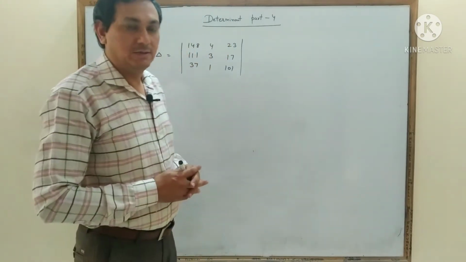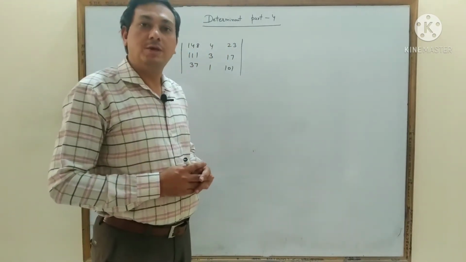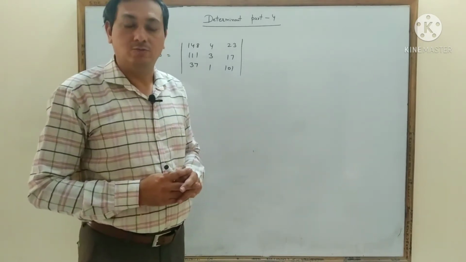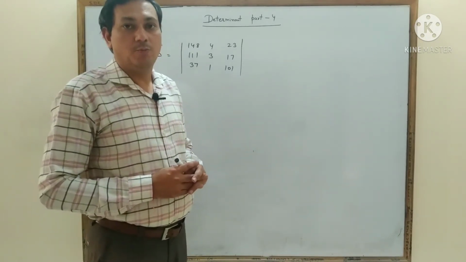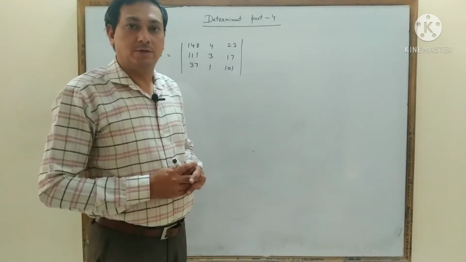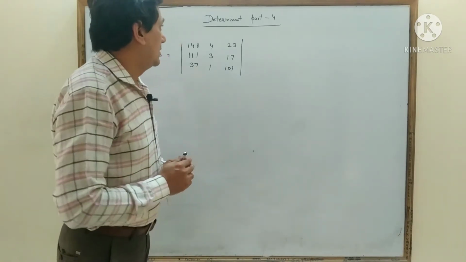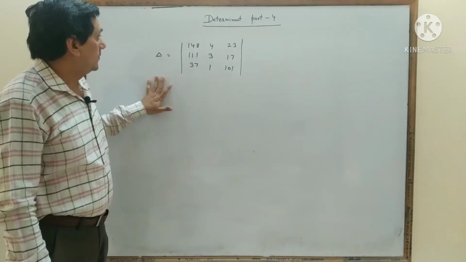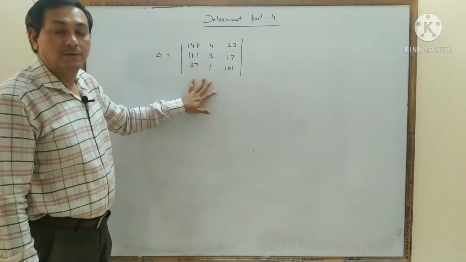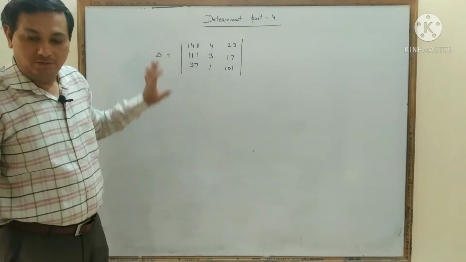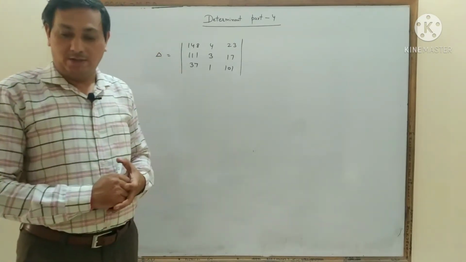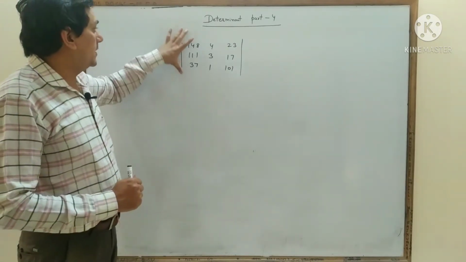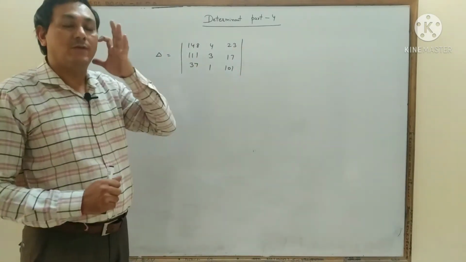In today's section, we shall learn how to make use of the properties of the determinant to calculate its value. I hope you all have learned the properties of the determinant very well. Let us take a determinant of 3 by 3 order, and it is said in the question that without expanding, prove that each of the following determinants vanishes, means its value is 0.